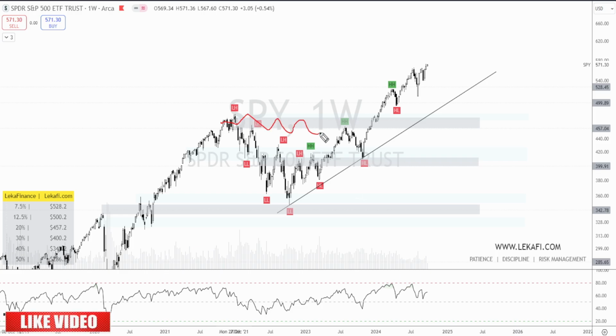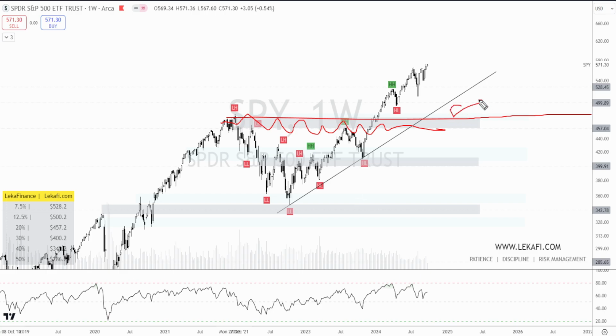But let's say, for example, you did your analysis and you said, I think the SPY will not go below this level here, which is roughly $465. What you can do, as an option seller, is sell a short put at this level. But if you are bearish on the SPY and you think it will hit all the way down here, whatever the time horizon might be, you can buy a long put.